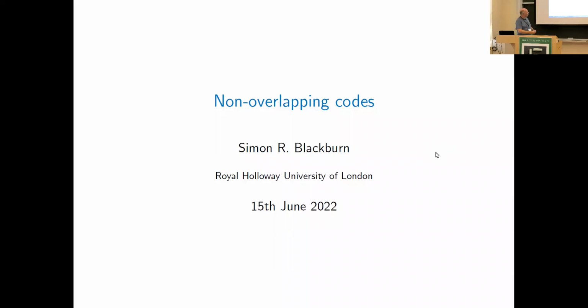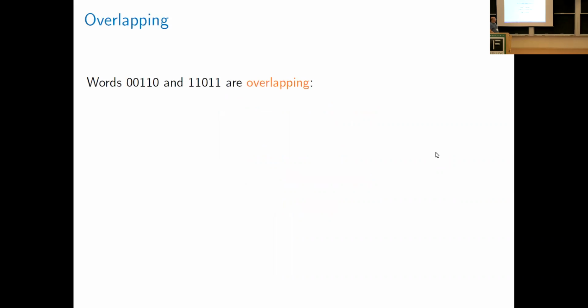All right, so what I'm going to talk about is something called non-overlapping codes. We've done a few things together now, but we haven't really talked about non-overlapping codes together at all. So I've picked the topic really because I thought it would go down well. That's my hope. It's an interesting topic, and I think there are still some really tempting conjectures out there that are reachable. That's still interesting. So first of all, I want to talk about non-overlapping. What is a non-overlapping code? To do that, I really want to say what